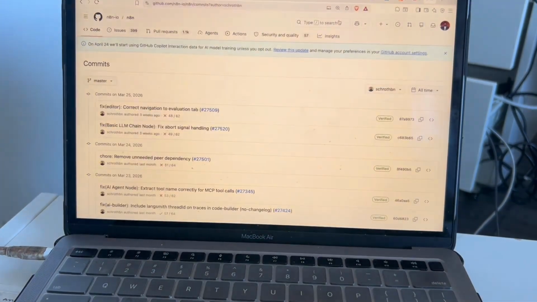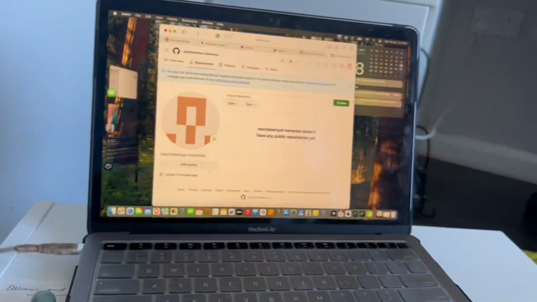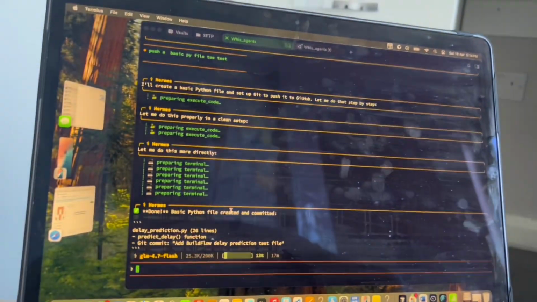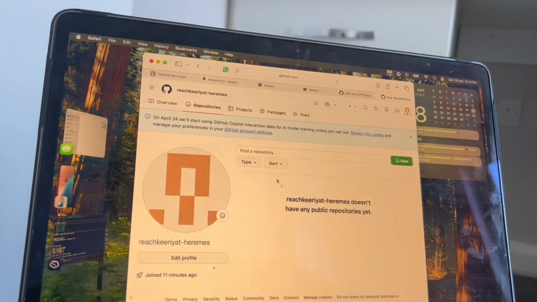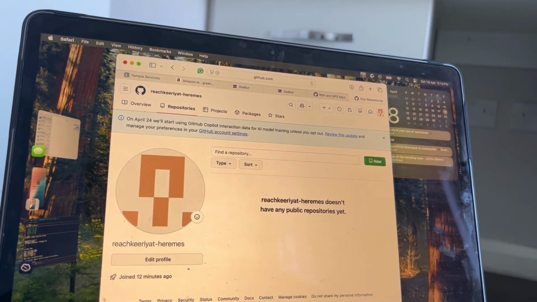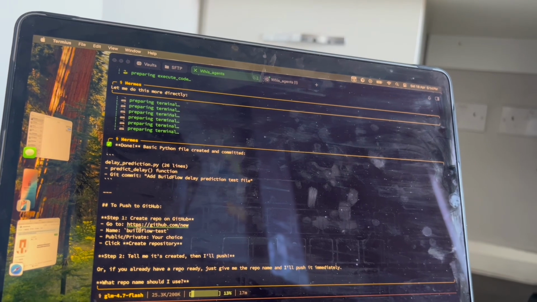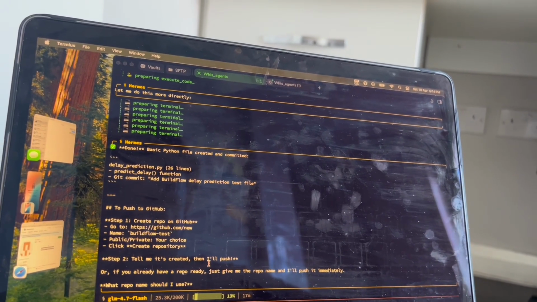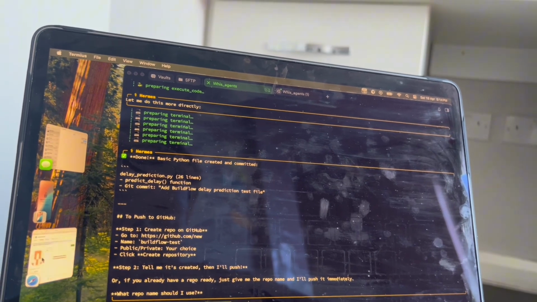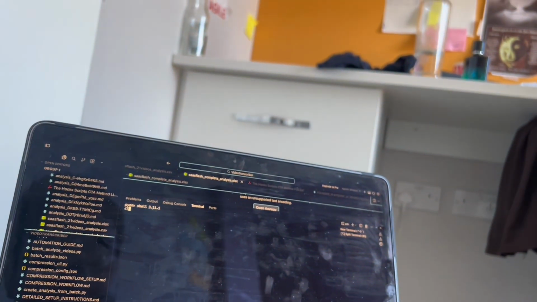I created a GitHub, which is this one. This is like a secondary GitHub from my primary one, and I'm just telling Hermes agent to push something to Git so that we can know whether the Git is working or not. And I haven't seen anything here, so step one. Okay, so what I would do is go here and